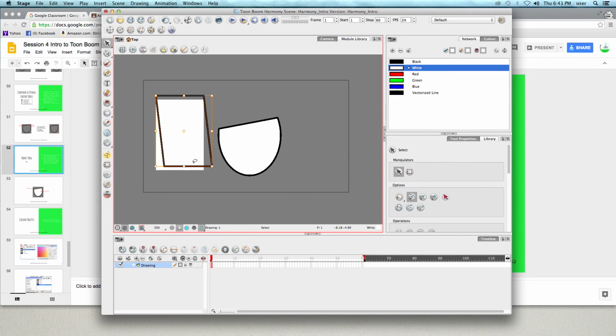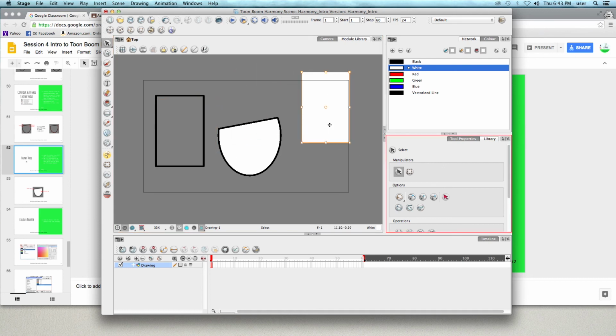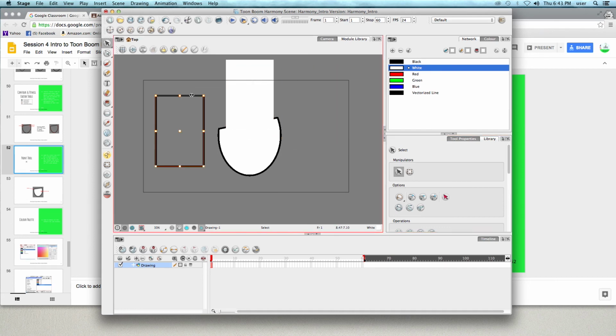It's going to skew it. So I was looking for that little up, down, side to side arrow, that would allow me to move it. For some reason, it's not allowing me to do that. So I was just using my arrow keys a while ago to do the move. All right,